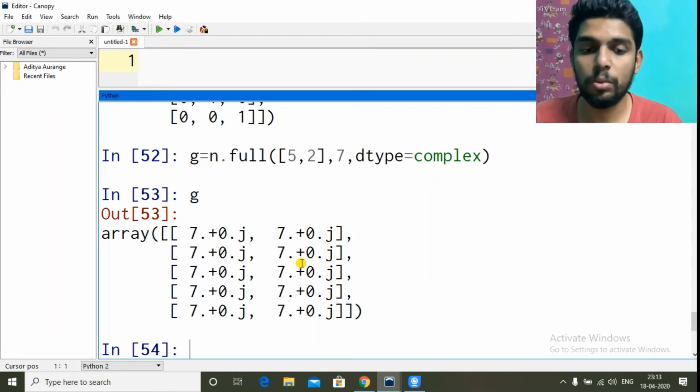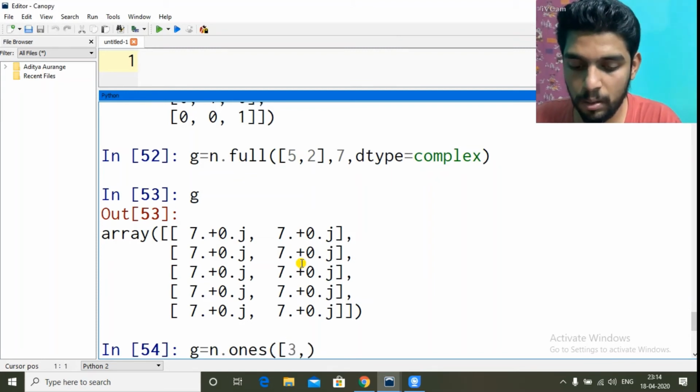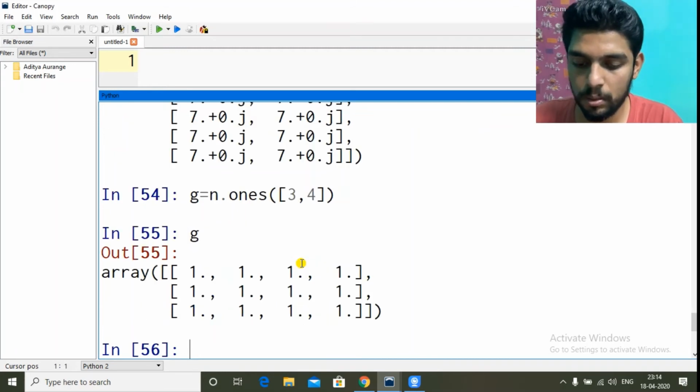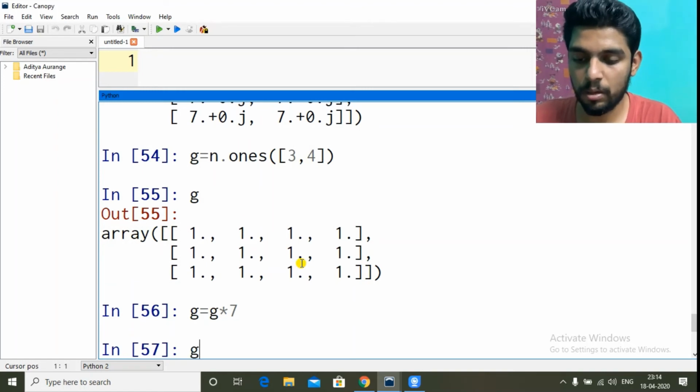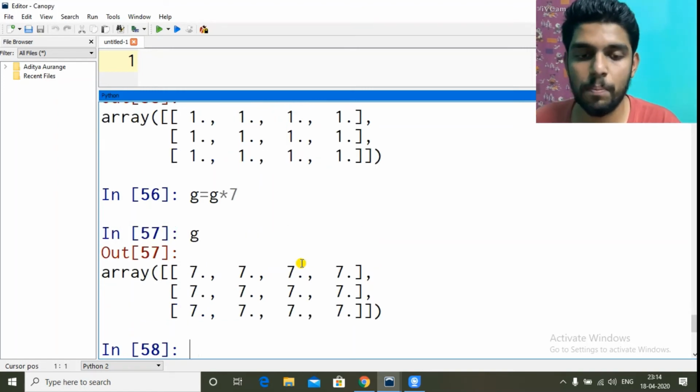Okay, let's do it anyways. g equal to np.ones, and let's give 3 comma 4. Okay, and g equal to g star 7. Let me show g first. g equal to g star 7. Now g is 7. So simple.